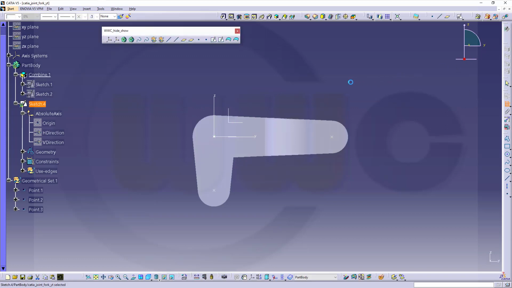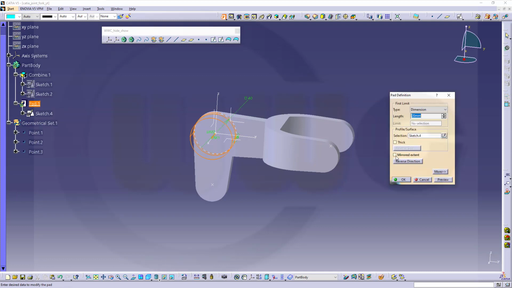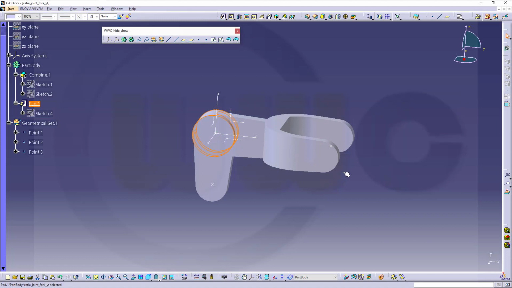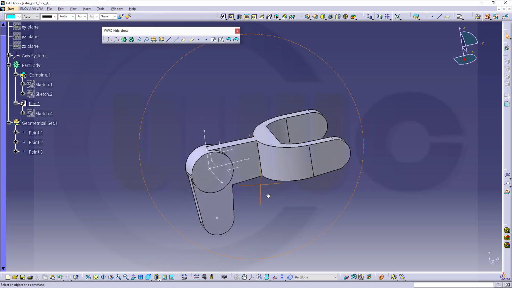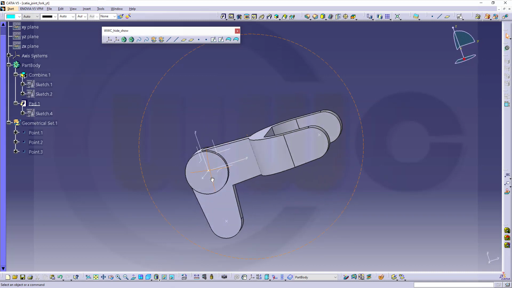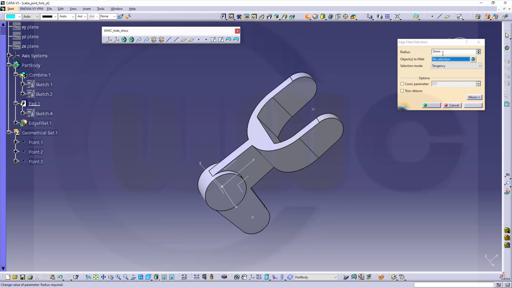Leave that sketch and let's make an extrude, make it symmetric, mirrored extend, and go for 10 millimeter to both sides. Okay, maybe change it to a different view style, like that. Now I could go for the fillets first, I could go for the holes first. I want to go for the fillets first, so let's start with the largest one, biggest one, and that would be 50 millimeter